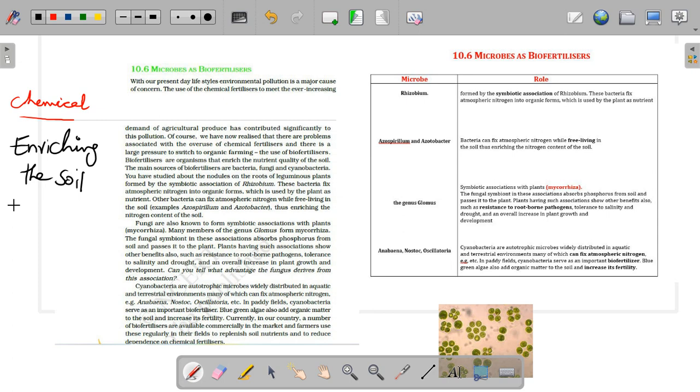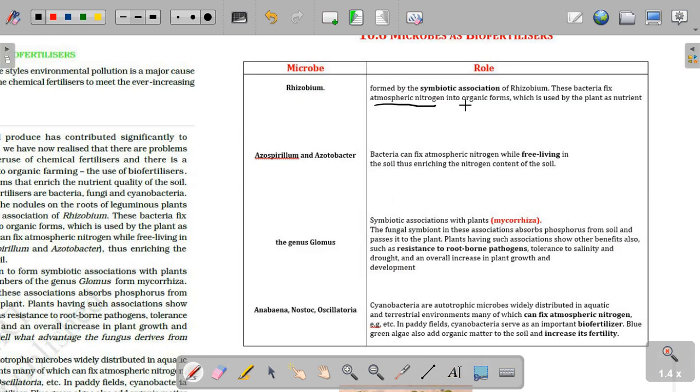You probably know Rhizobium is one of the symbiotic bacteria which fixes atmospheric nitrogen into organic forms like nitrites and nitrates, NO and NO2. This enrichment is used by the plant. For example,